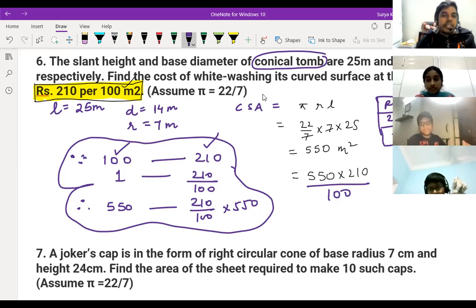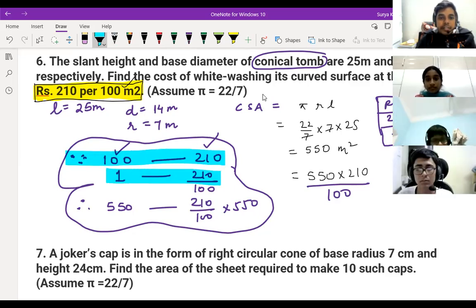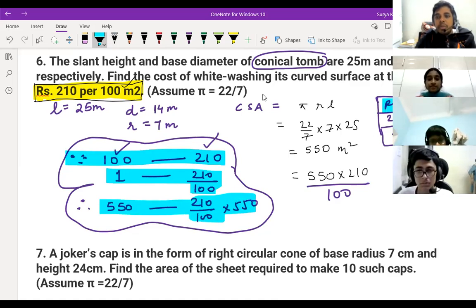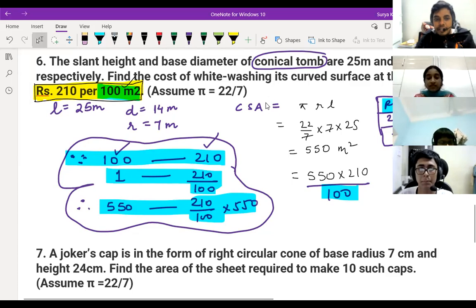See, I taught you two methods to solve, so you can understand which is easier for you. This method also you can understand. And if you don't want to remember the method, if 100 meter square is given, you divide by 100. That's it. Nothing to worry about. But the concept is like this. Okay, children? Is it clear to everyone?